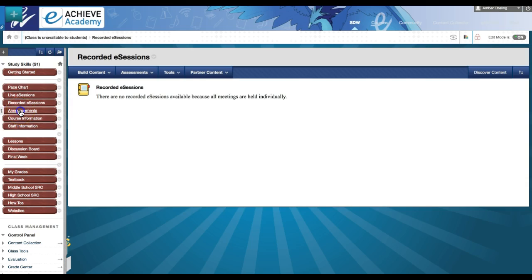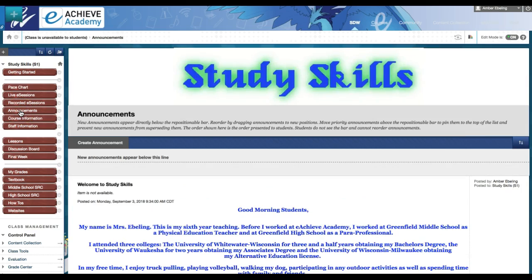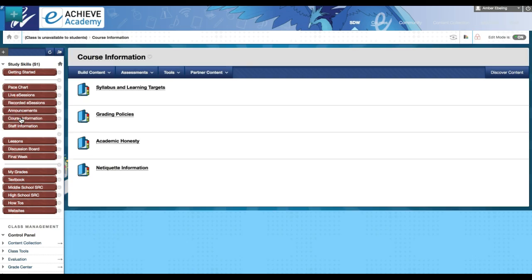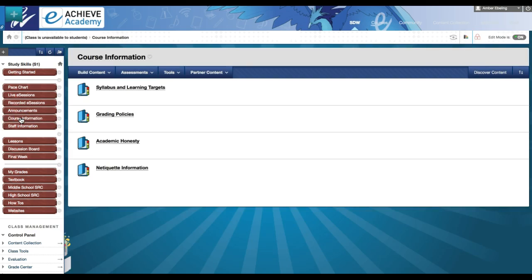Next is the Announcements button. We already touched on this. Announcements are posted every Monday by your teacher. Please get in the habit of reading through those announcements. Next is Course Information. If you'd like to look at the syllabus and learning targets for this class, click on that folder. Grading policies. The only thing I will note here is in order to pass an assignment, you have